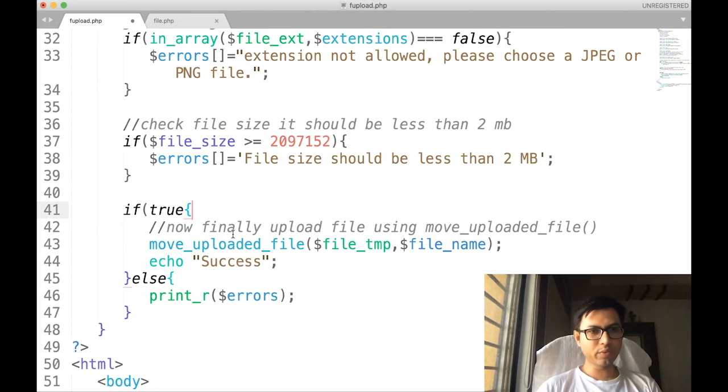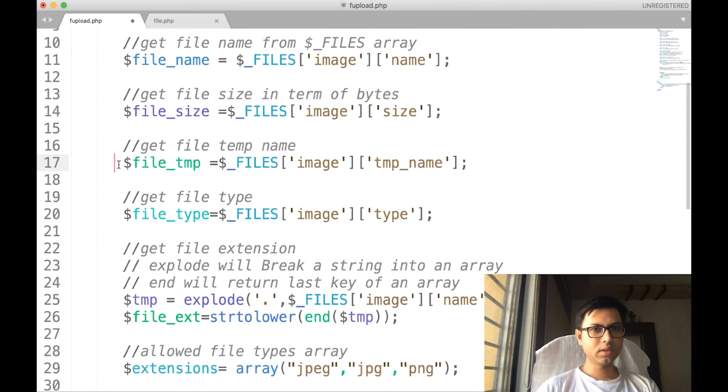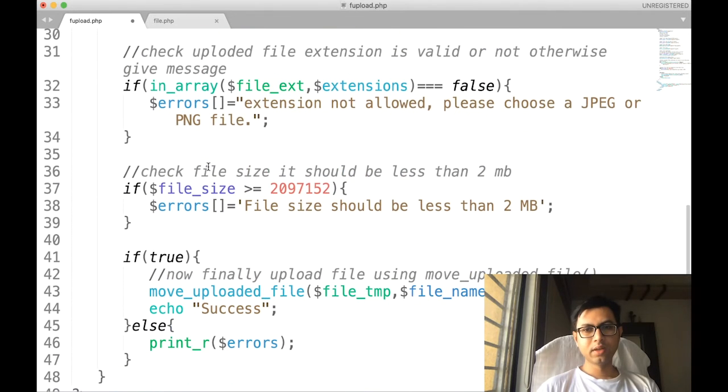That means in this case we are going to upload the file, and to upload the file we use this PHP function, move_uploaded_file. Which file are we going to upload? We are going to upload this file that we had stored over here, the file name in the temporary file name. And where are we going to upload it, that is